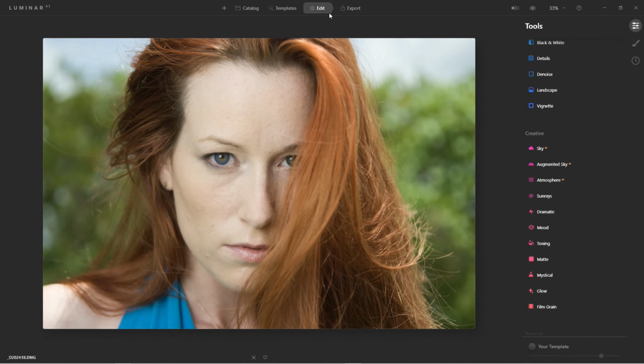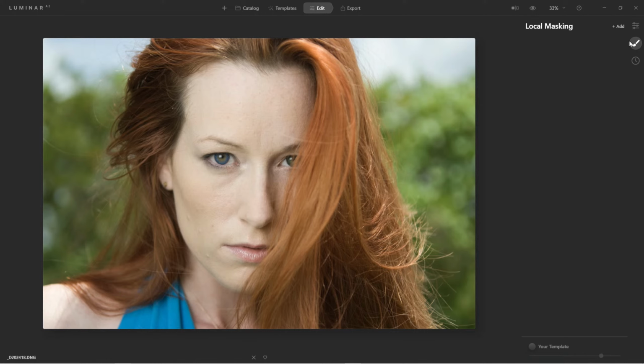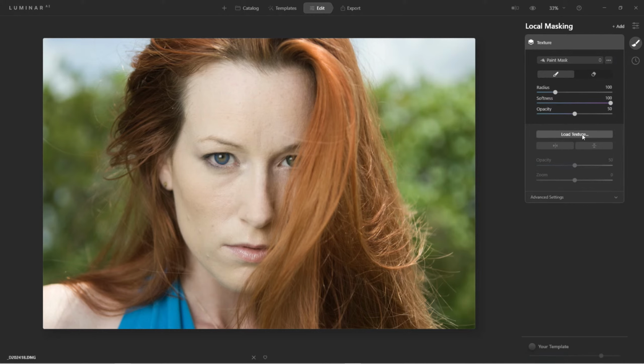All right. I'm going to dive in first on showing you how to create the mask, and then we'll edit the photo. So we'll click on the local masking brush, and from here I want to add texture. Now from texture we'll load it,